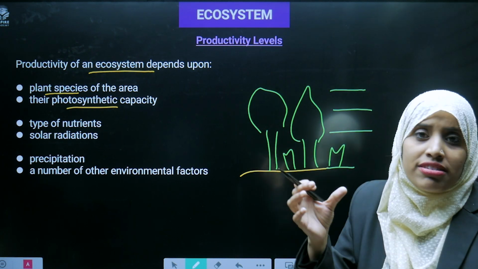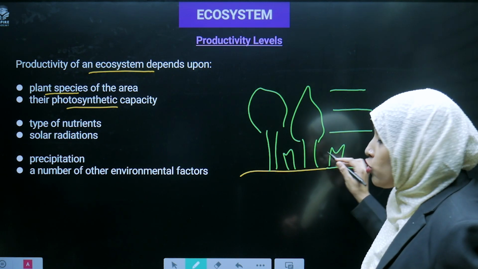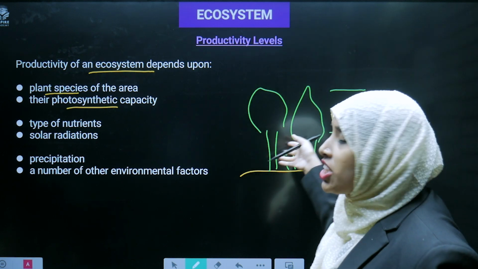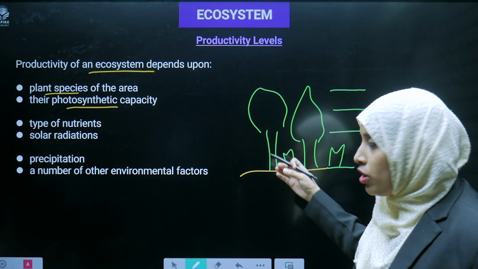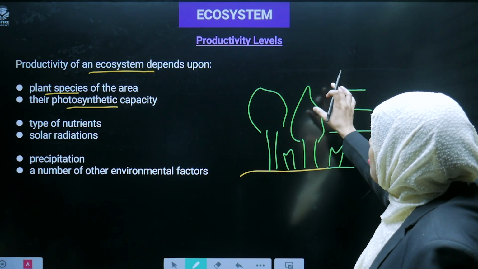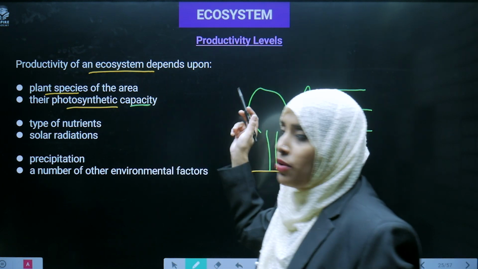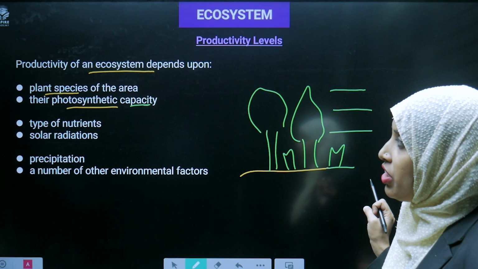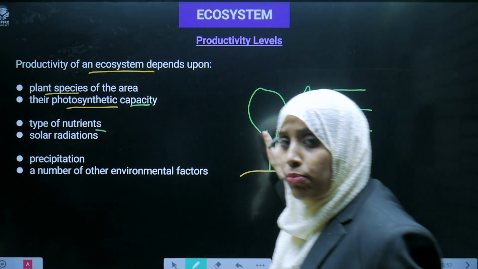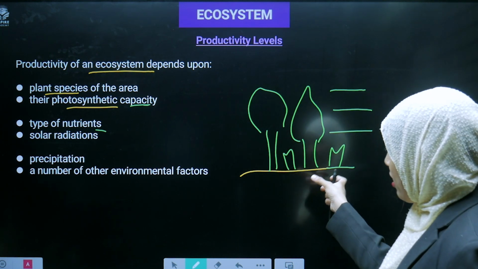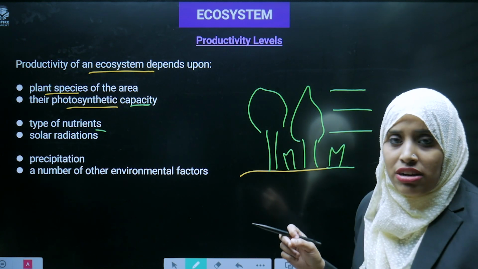The topmost, the trees, will produce much more. As we come toward the grasses on the land, which are not getting proper sunlight, after filtration they are getting the sunlight, so their productivity, the grasses', will be a little less. Then shrubs will produce a little bit more than the grasses. But the trees will show much higher productivity. So the photosynthetic capacity of the plant will also determine the productivity. The plant species will determine the productivity. The type of nutrient that the land has, which nutrient in that land is being utilized by the plant,